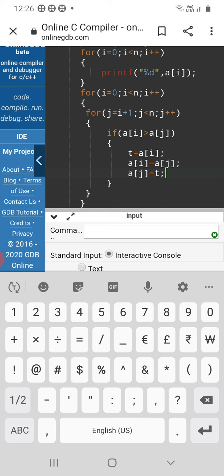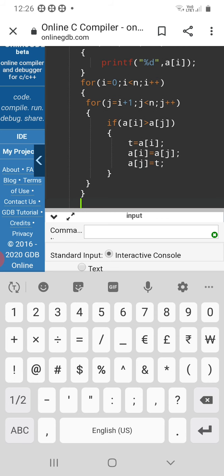This is where we check by the increasing statements. Then moving on to the next line, this is the end brace for the for loop, this is the end brace for the second for loop, this is the end brace for the if statement.